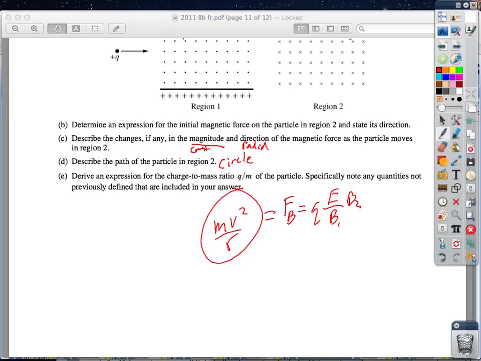Because it's moving in a circle, and I have no other idea what to do. I'm like, well, there's no mass here, but I gotta have mass. Well, what's the only equation that's gonna have mass? It's gonna be this, it's ma, right? And then I have to ask myself, how's it accelerating? Well, that's this. And then of course remember that v is E over B1 in this region. So we have m